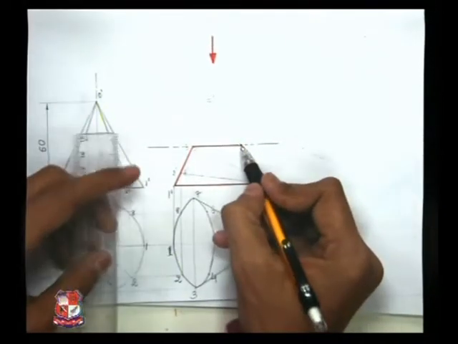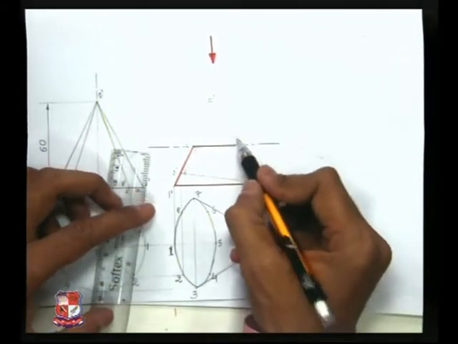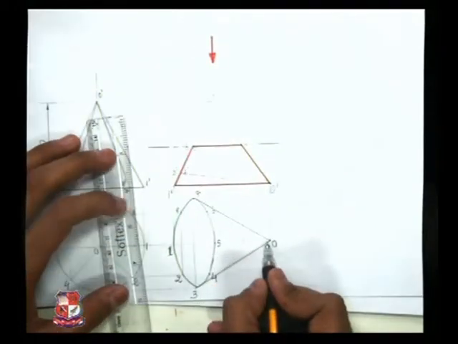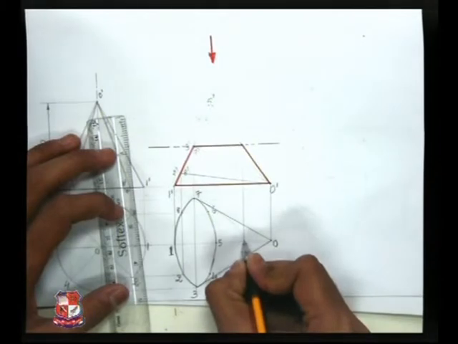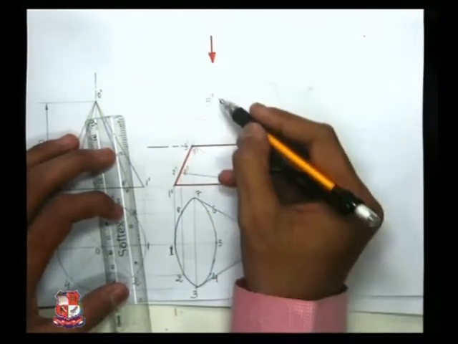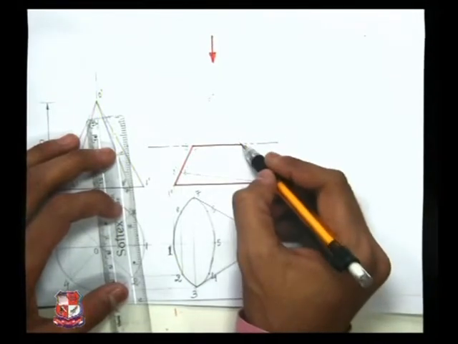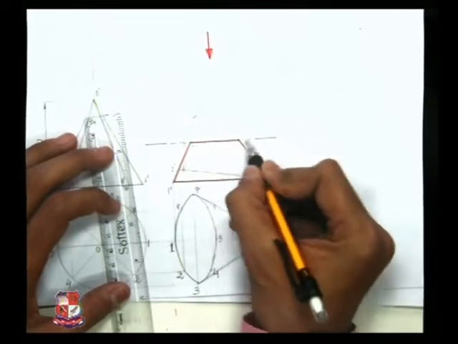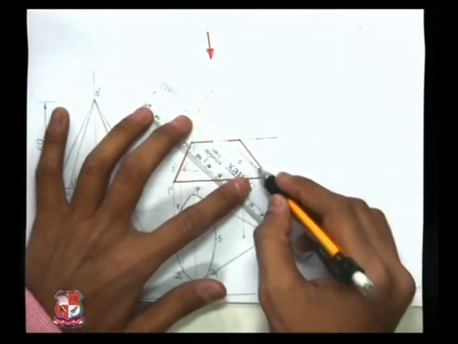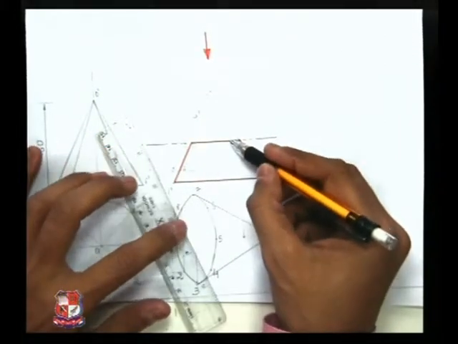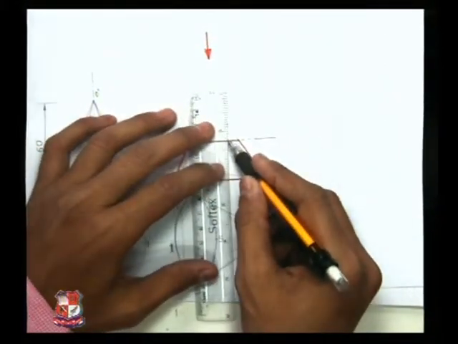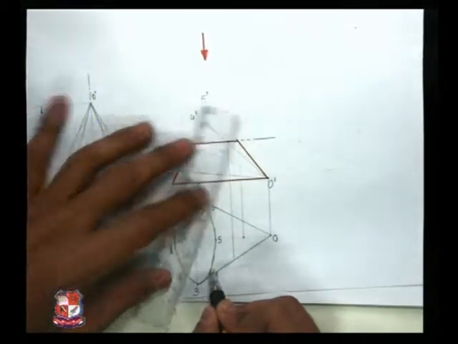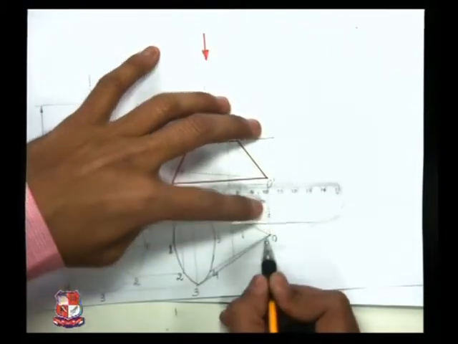First point where the cutting plane and generator intersect. So from that point, draw a straight vertical line that will cut generator O5 at one point somewhere here. So this is our first point. The intersection of O dash 5 dash and the cutting plane is this point. Similarly, the intersection of O dash 4 dash and this cutting plane is somewhere here. This is O dash 4 dash, and here is the point, the intersection of O dash 4 dash and the cutting plane. So from that point, draw a straight vertical line that will cut O4. This is the O4 generator, which we also have to draw.